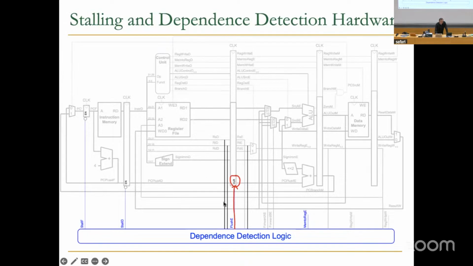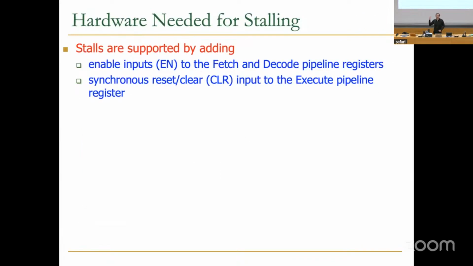There should be something that moves into the pipeline register, and it's a no-op essentially. So you clear the pipeline register such that no harm is done. It's a bubble. And then you actually have these enable bits, which I already discussed, that disable latching for this register such that this instruction doesn't move, and for this register, which is the PC, so that this instruction doesn't move. Okay? So we've already seen this. To put it in words, stalls are supported by adding enable inputs